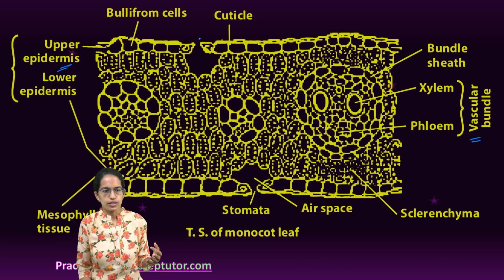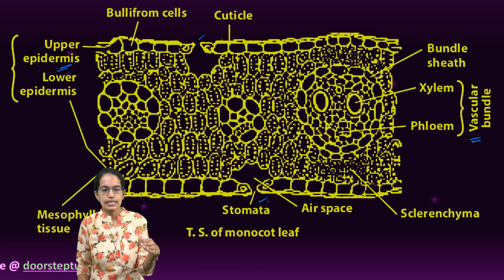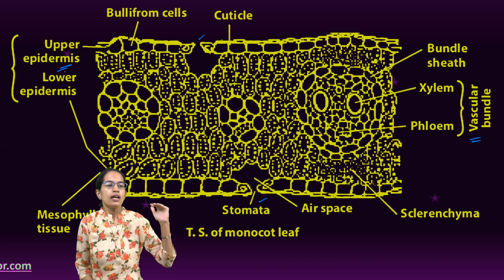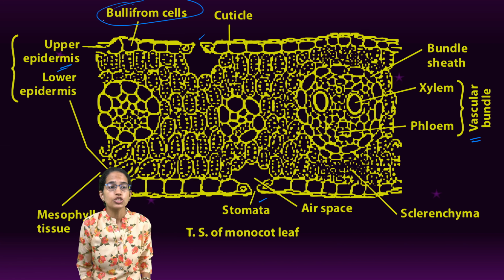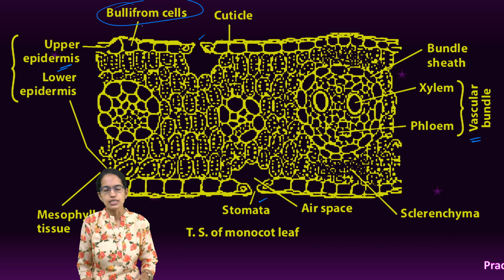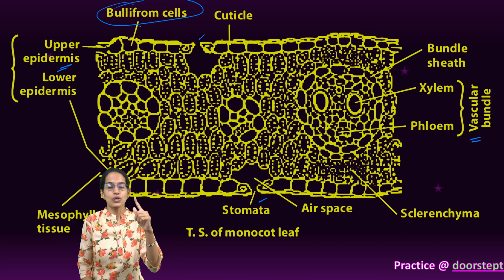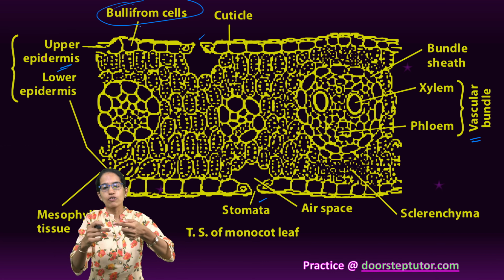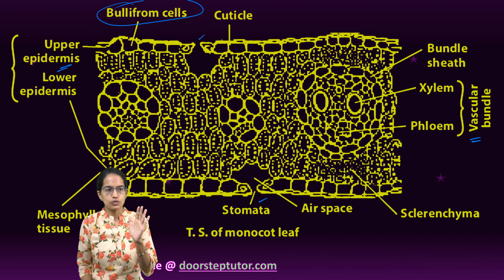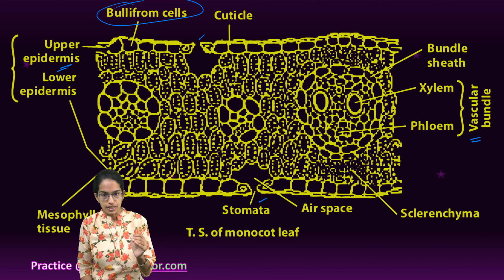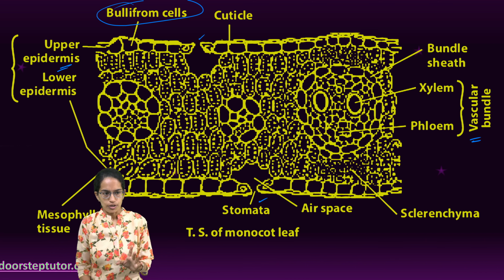You have stomatal openings on both sides in a single layer. It is known as amphistomatic. Now epidermis has one of the specific characteristics that it has large cells which are known as bulliform cells. What is the function of bulliform cells? You are right. It helps in rolling of the leaves during the drought period. And that's one of the major characteristics that you need to know about the epidermis in a monocot plant, right?